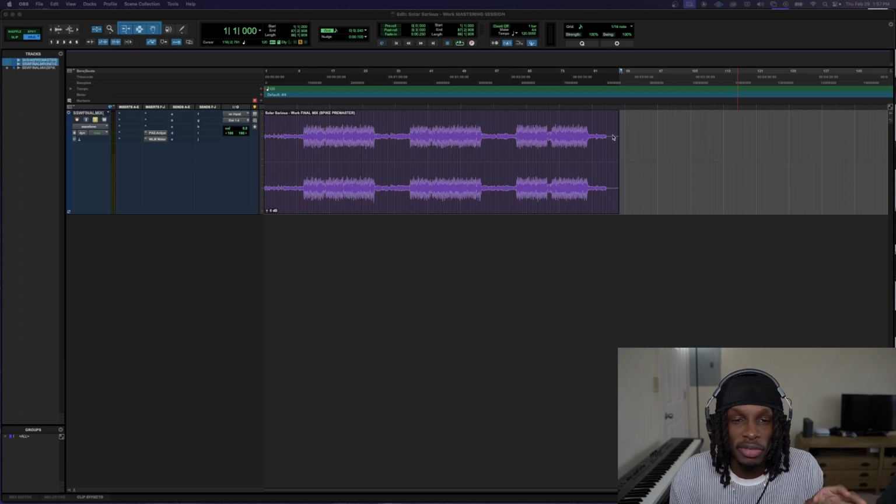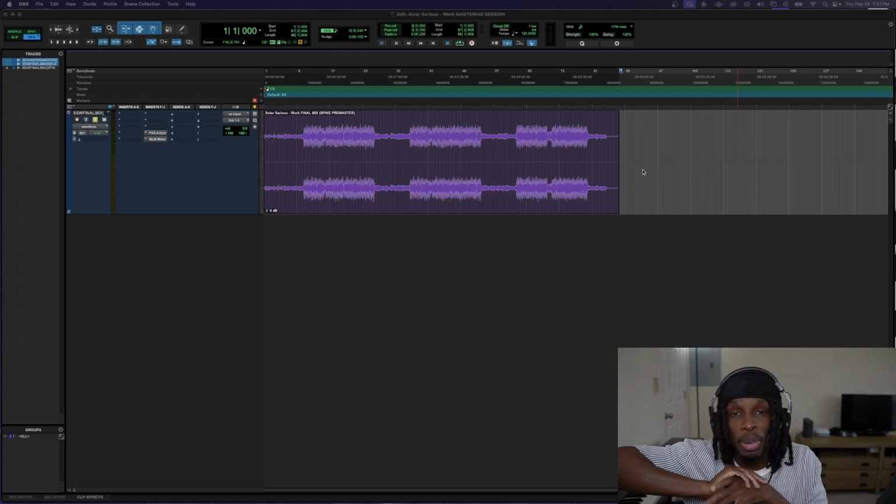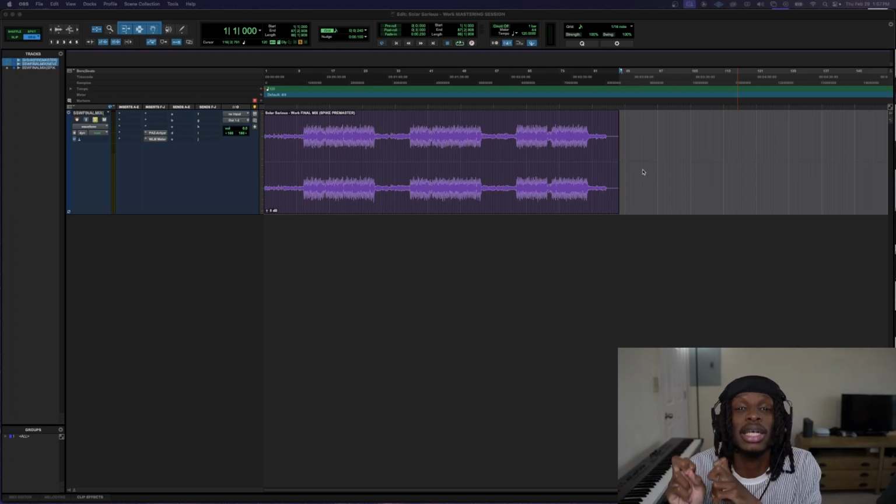This is the pre-master version. In the last video, you can see I usually mix my records with mix bus compression on the master bus before I print my records. So there's already slight compression built into this for me. So more than likely on this mastering session, I'm not going to compress a lot. And I had a mid-side EQ on the master as well. So there's a couple of things that I won't be doing because I already had them in the mastering chain